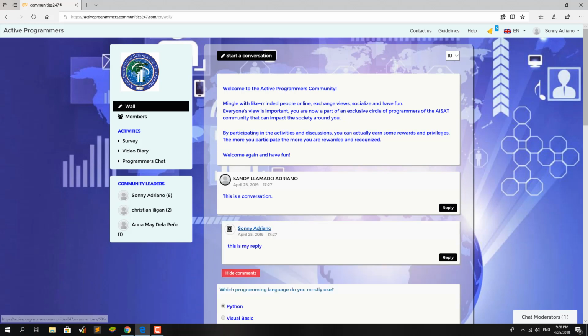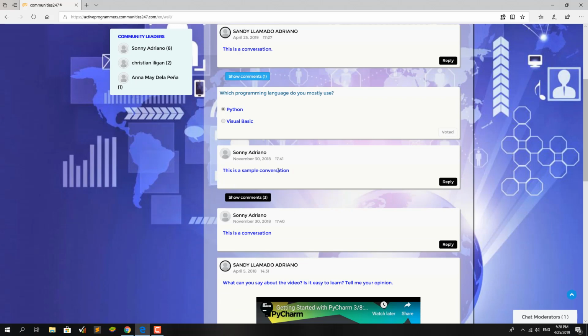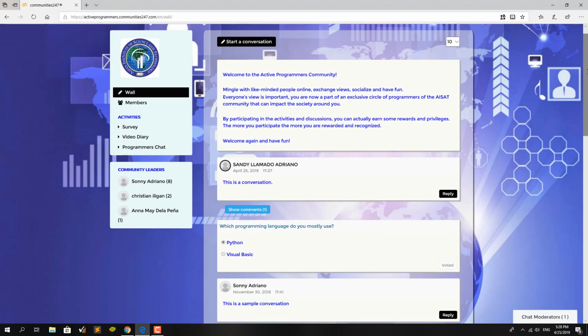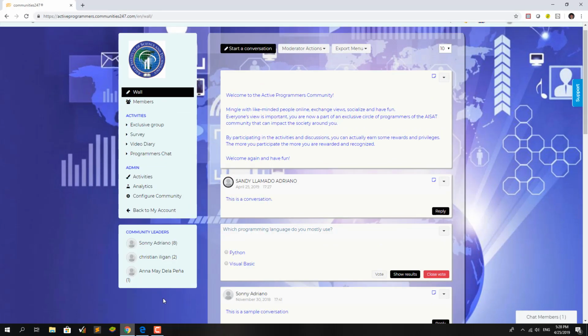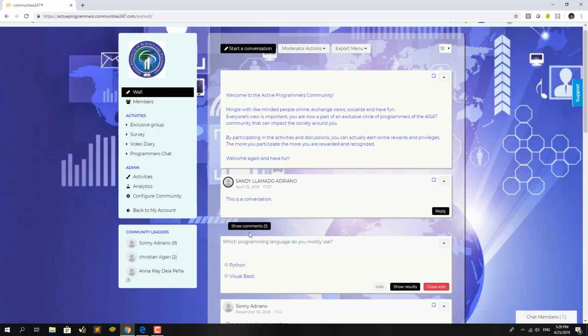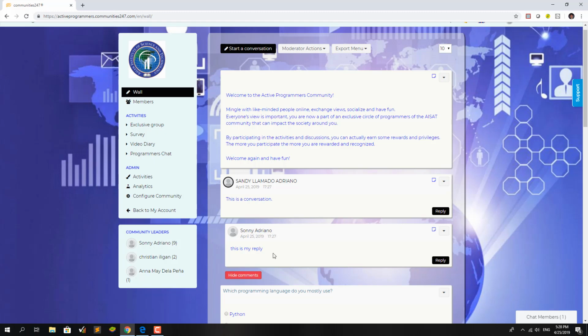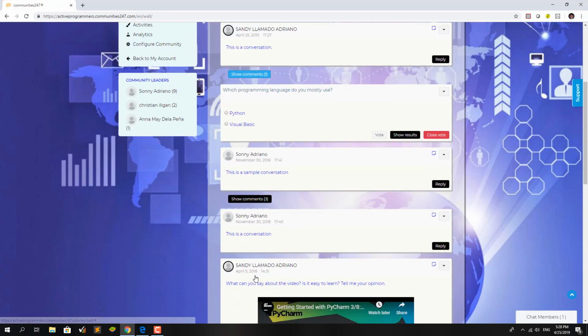So as you can see, there are comments below it, and if you show the comments, it will show my reply on this post. Now let me go back to the moderator view, and for me to show the comments, I'd like to refresh the page, and there it is. The comments added by the member are automatically shown under my post.